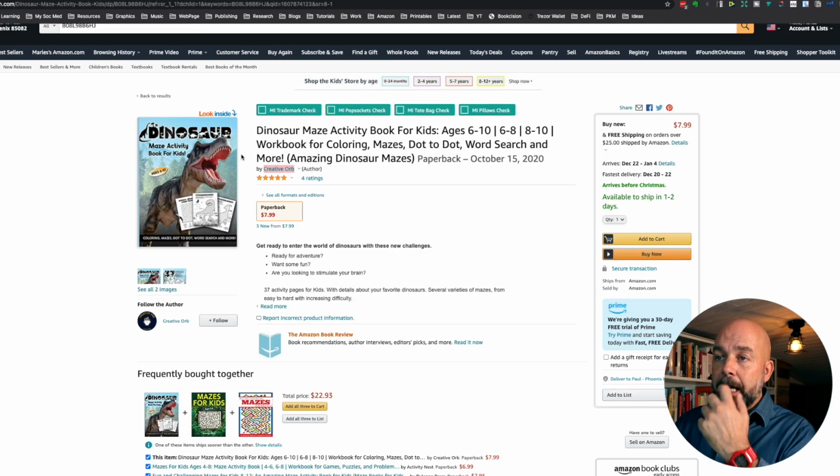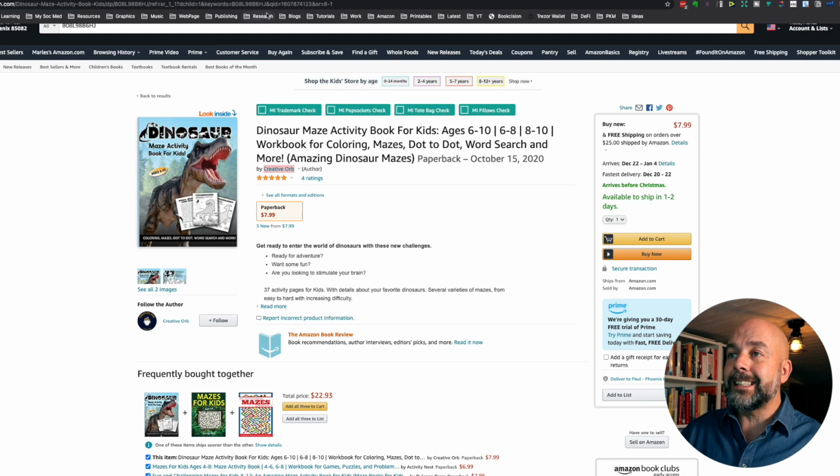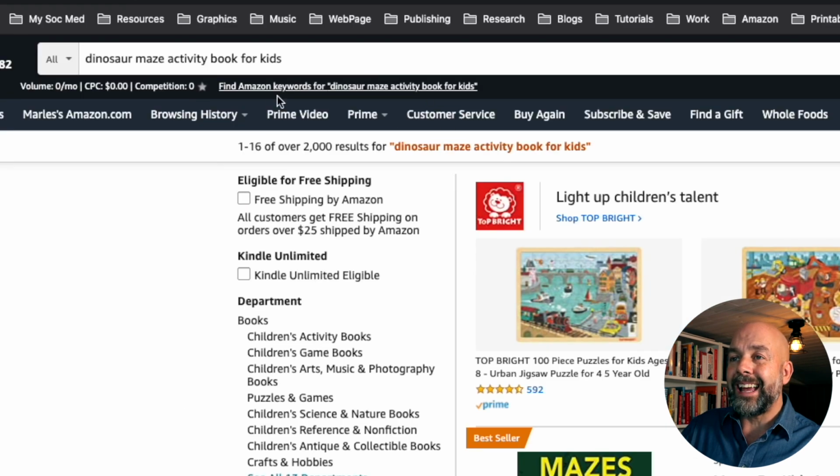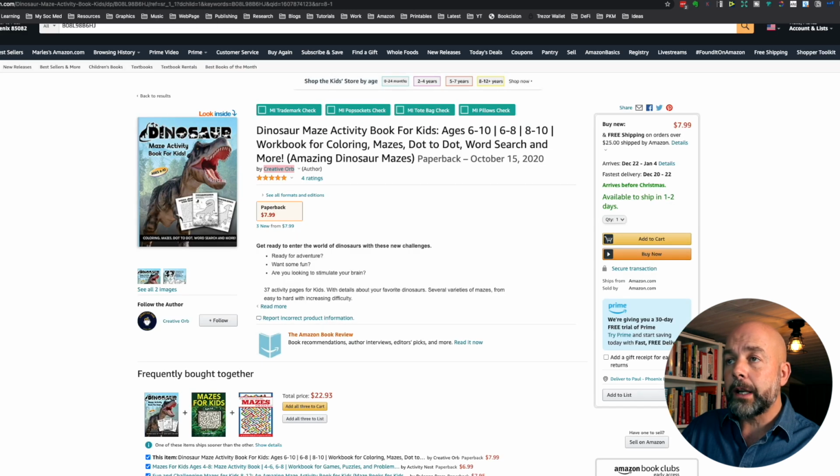Next one is a Dinosaur Maze activity book for kids. Now, in terms of the title and the keyword, that main title there has 2,000 search results. So quite competitive. But I like the way this is set out. So you've got this then subtitle of workbook for colouring mazes, word search and more. So you are getting in some other keywords there,